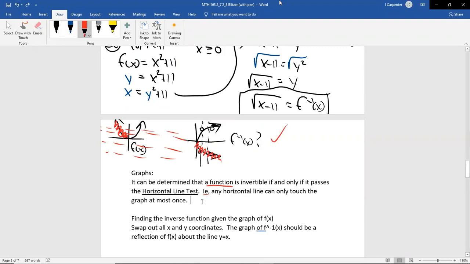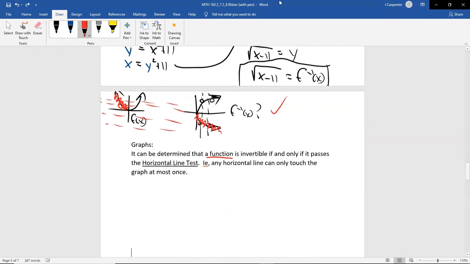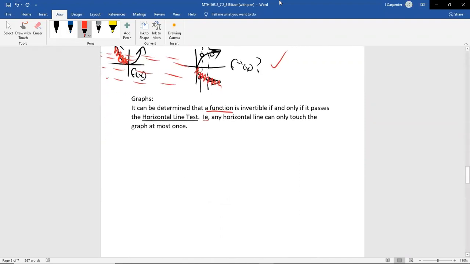So finding the inverse of a function given the graph, we're moving on to that for just a few minutes. Let's try this out. We're up to example 3. How am I on time? 35 minutes in, we got a good pace. We're going to do this. We are going to do this. Does an inverse function exist?